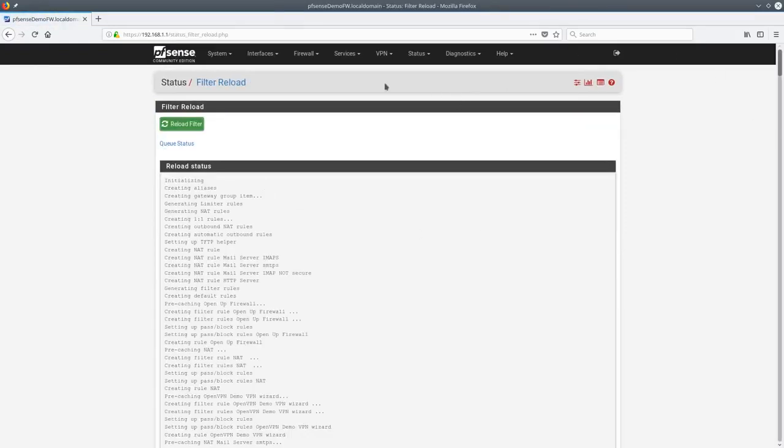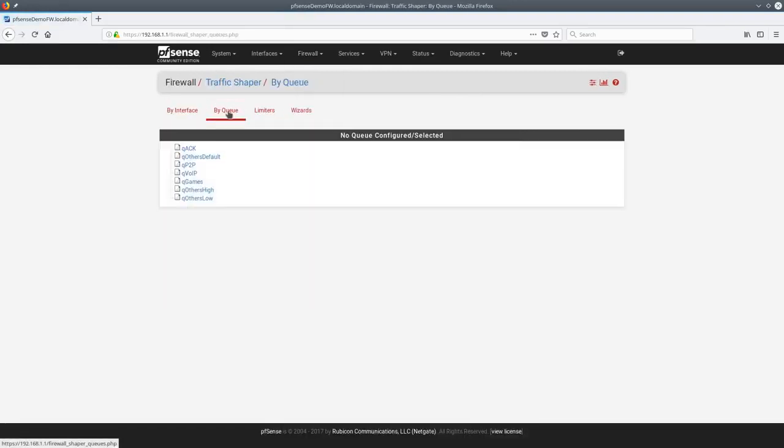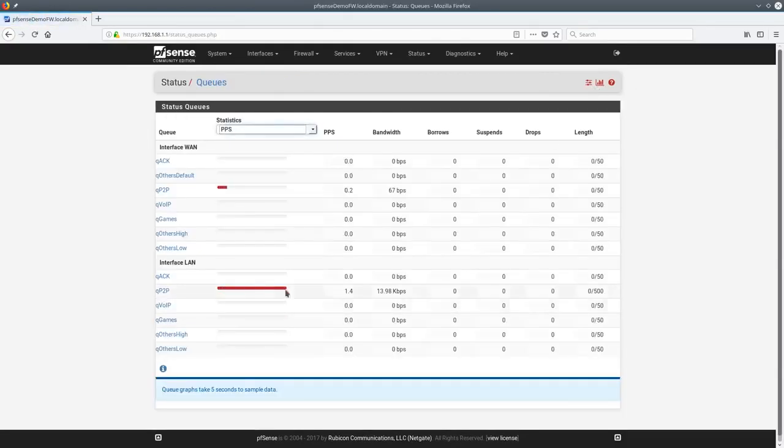And it just created all the rules. So back over here to Traffic Shaper. Here are all the rules. Here's the queue for the games, and let's take a look here at related status. And what this is doing is measuring the bandwidth going through each of these queues, and automatically is doing what we wanted to do from the wizard. That's how quick it is to set up the QoS on these,